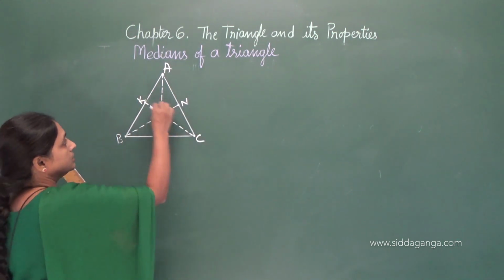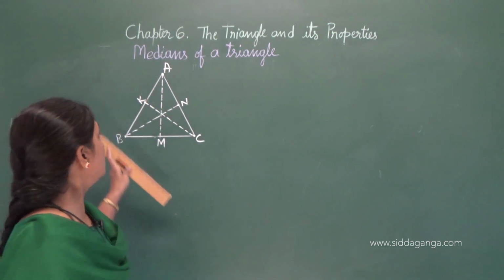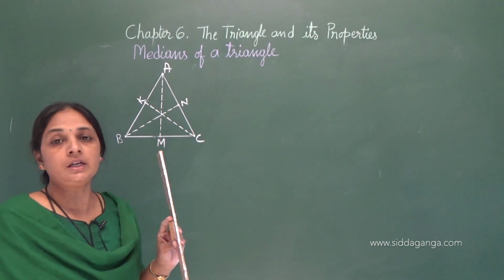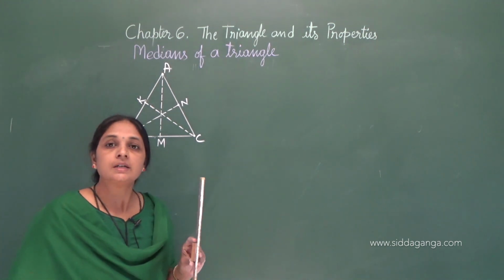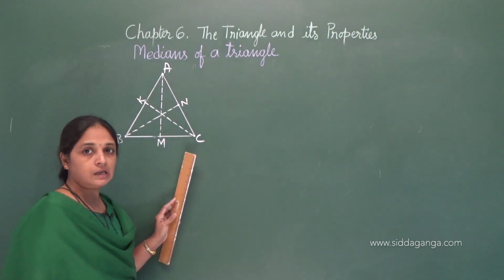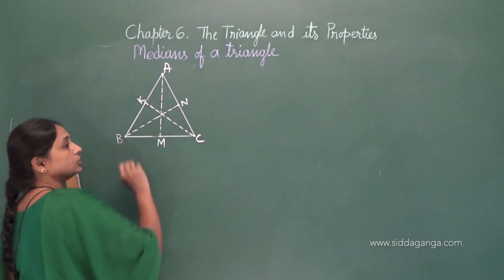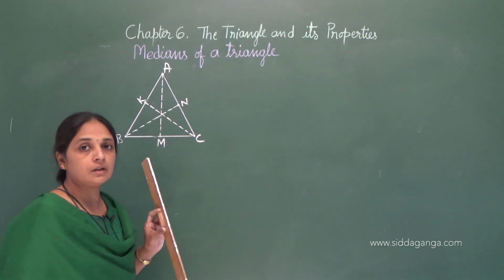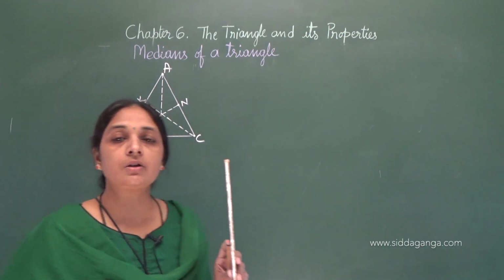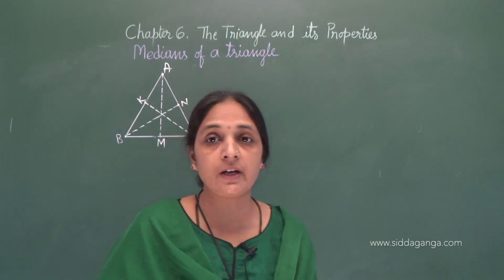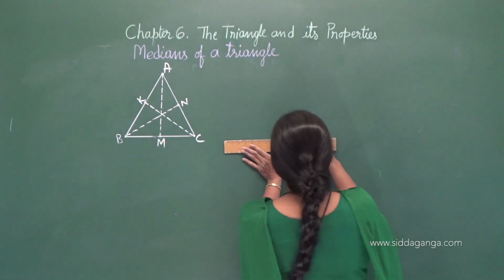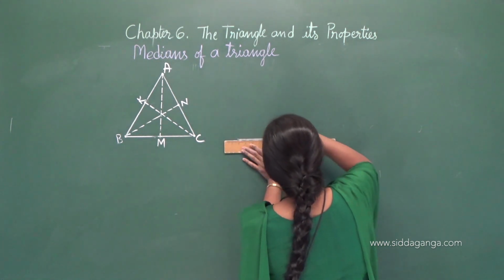here this KC is called as median of AB. Okay, here one triangle, any type of triangle, it consists three medians because it has three vertices. Then we can draw a median for every side. Okay, it consists three medians. Then how can we draw median, or how can we find the midpoint of this side? So I show you. So if I take one side, that is BC here,